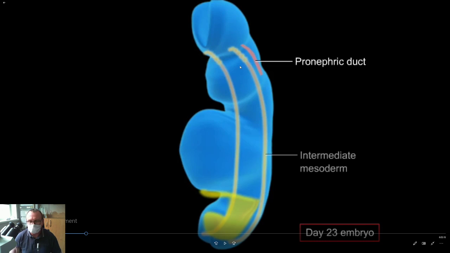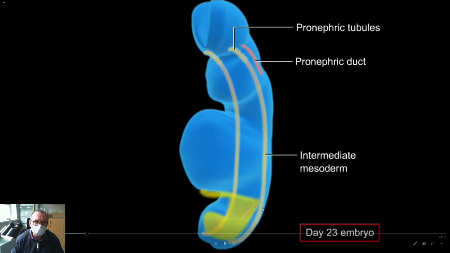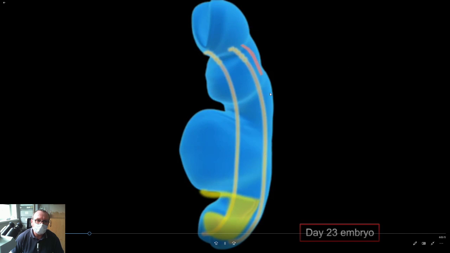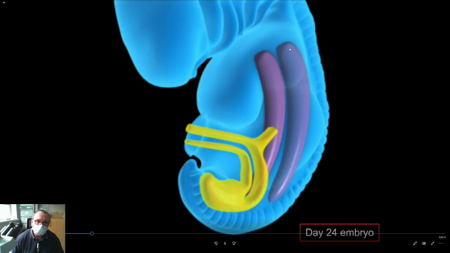The pronephros doesn't form urine, it doesn't work, but it induces formation of the pronephric duct in the intermediate mesoderm, a little bit more dorsally. This pronephric duct grows towards the caudal end of the embryo, and during this growth it induces formation of the next